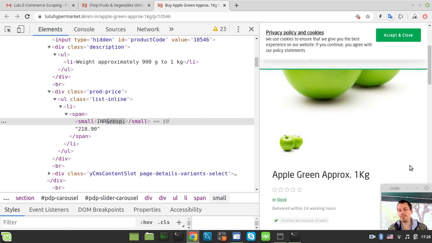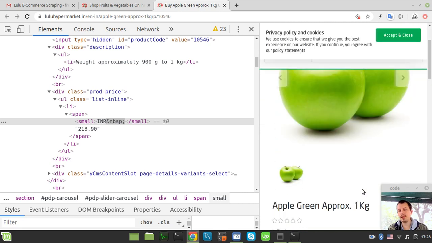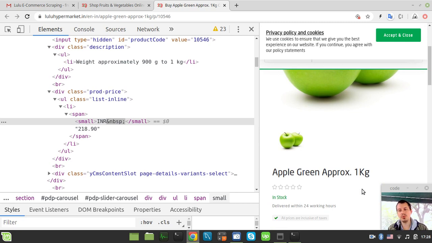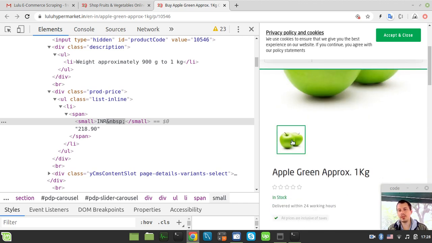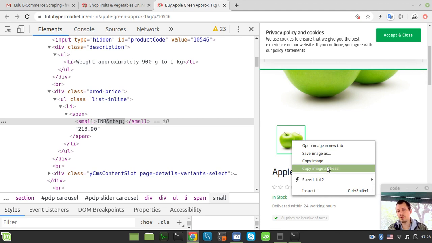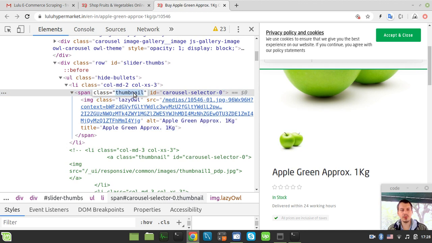And also I was asked to provide 2 images, for the small product image and for the large product image as well. So let's try to extract the respective URLs. So I just want to try to inspect this one, and we got the span with the class thumbnail and the image source. So let's try to